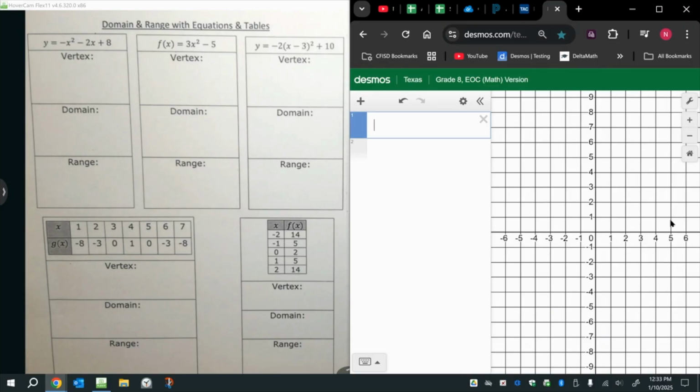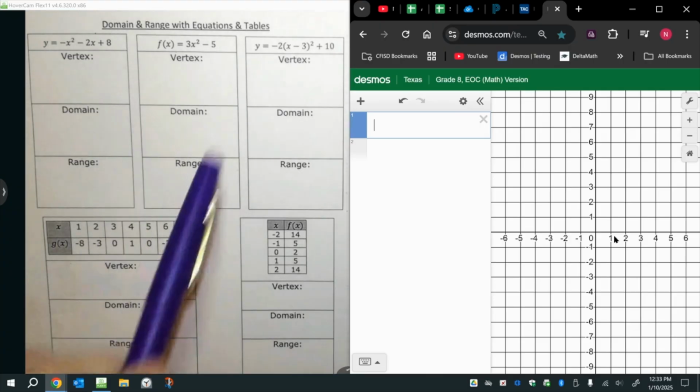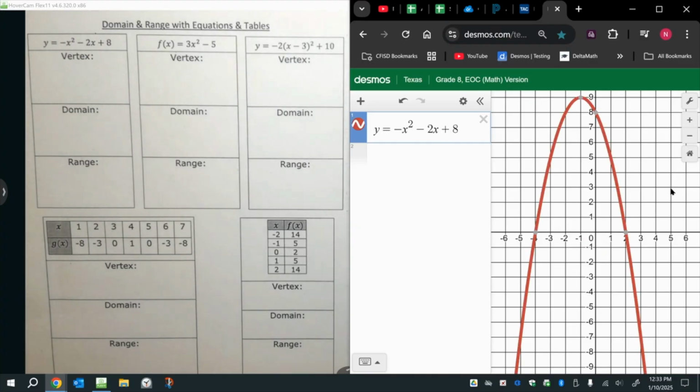So we're going to take a look at a few equations, look at decimals. All right, so we want to identify the vertex, the domain, and the range for all of these. So we're going to type this in, that way we can look at this picture. Minus 2x plus 8. And what you should notice is that the vertex, we can click on that,